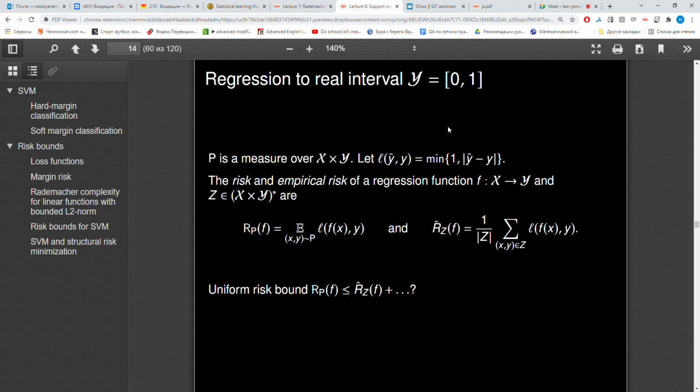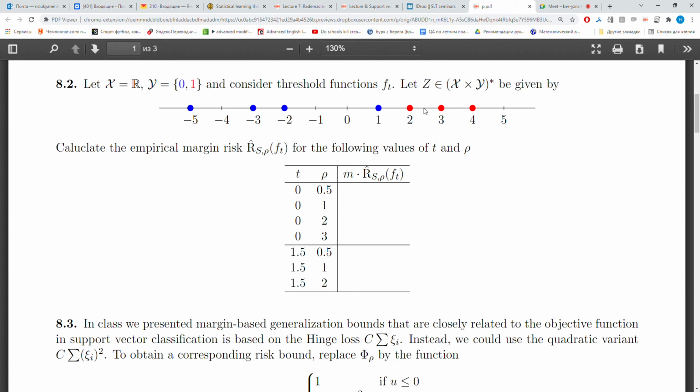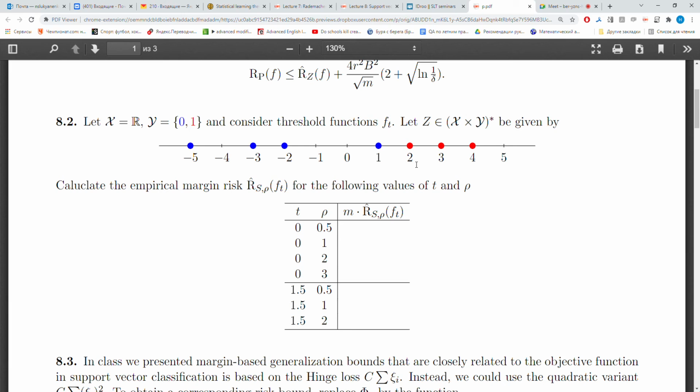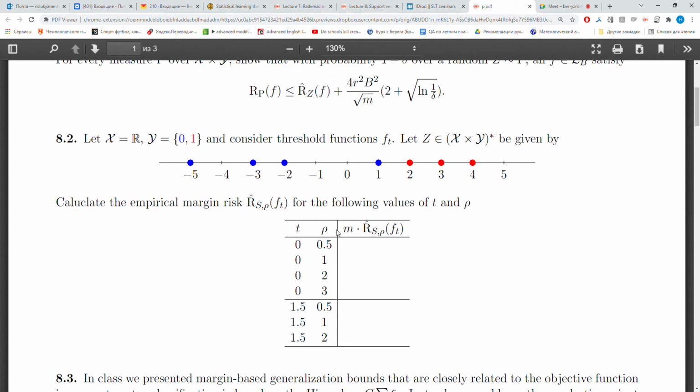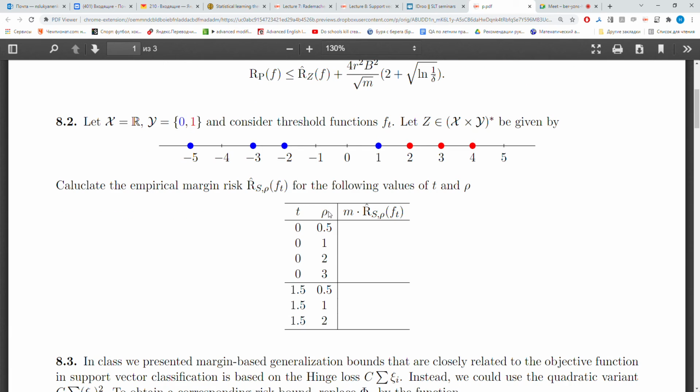We want to compute it in the case that we apply some threshold function with a concrete value of t. We have some training sample, where the blue ones are zeros and the red ones are ones. And we have a margin risk with rho equal to 1, and we want to compute these